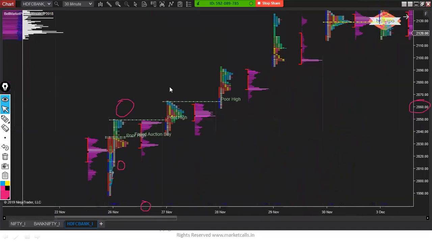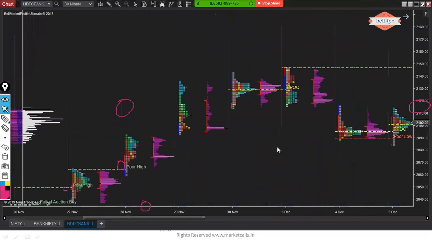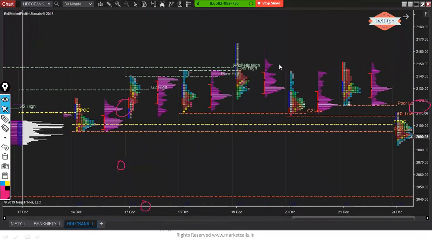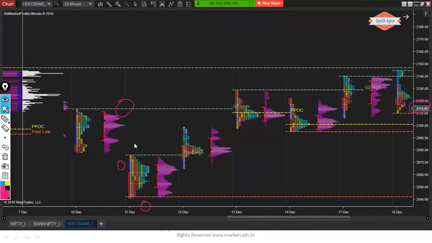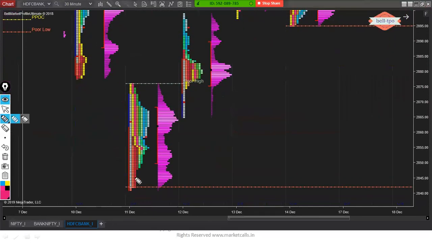I don't have enough data points. So we have only one AB poor low left, and that is at 2040. Price usually comes and revisits in less than a month. So with the AB poor low, usually price comes, it goes away. When it comes to indices, it usually comes and revisits within 2 or 3 days. It comes and revisits, but when it comes to stocks, it can go up to